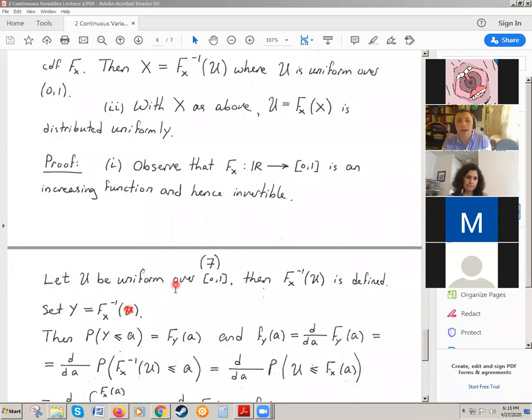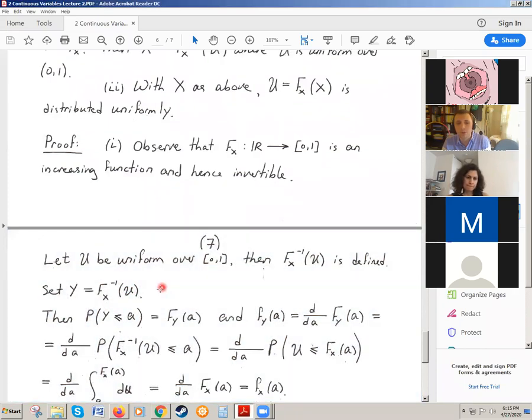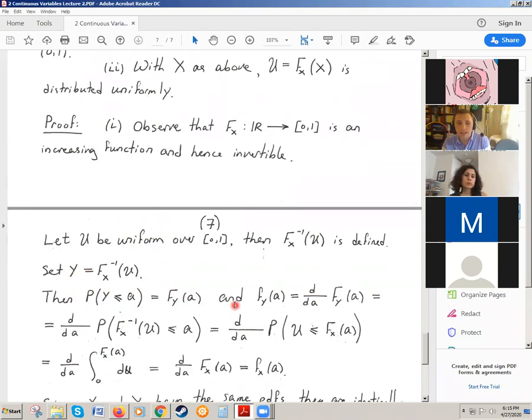Yes, and then I can calculate the distribution of y. What's the distribution of y? Well, it's the probability that y is less than or equal to a. Y has to be less than or equal to a. That's the cumulative distribution for the random variable y. Yes? And I want to calculate the density function. I want to know what's the density function of y, and that would be the derivative of the cumulative distribution of y, which is the derivative of this probability.